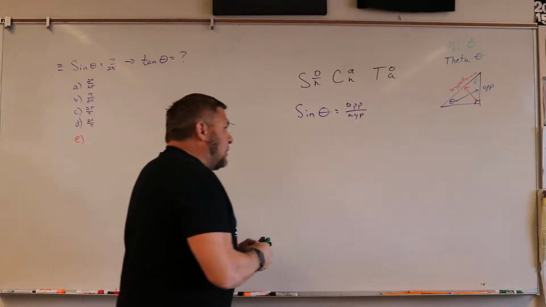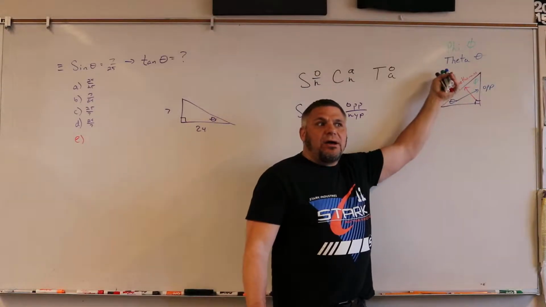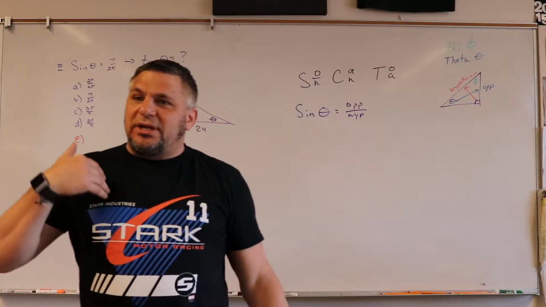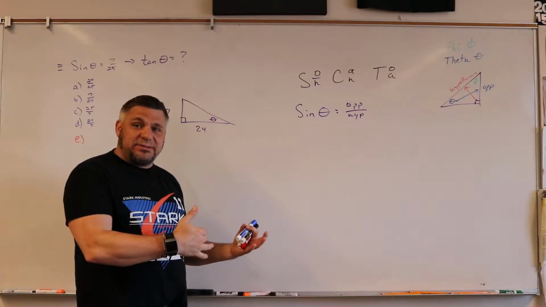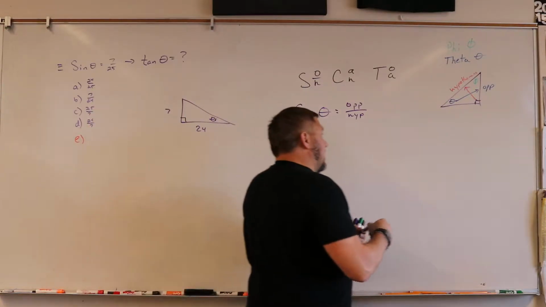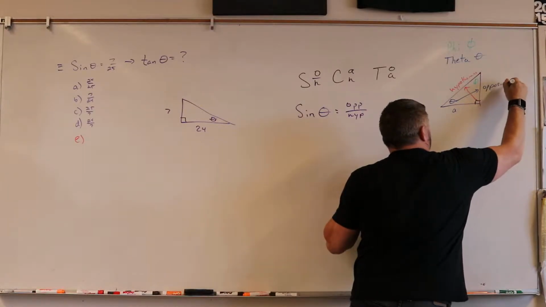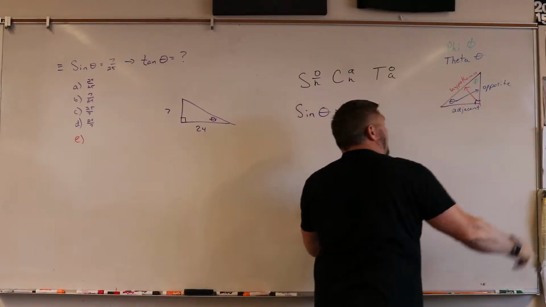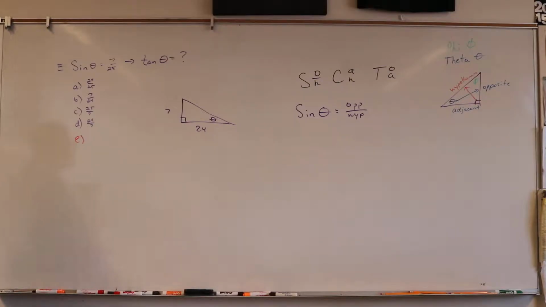The side touching theta is a hypotenuse, right? The hypotenuse is the hypotenuse. So the adjacent side is the other side that touches theta, not the hypotenuse side. So that means that this is opposite, this is adjacent. And so once I know what's opposite, what's adjacent, and what's hypotenuse,